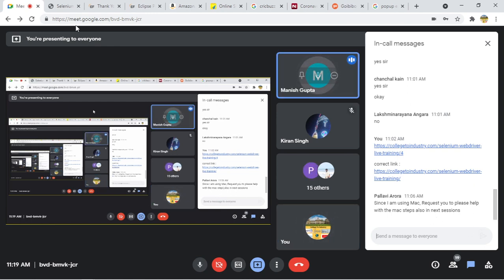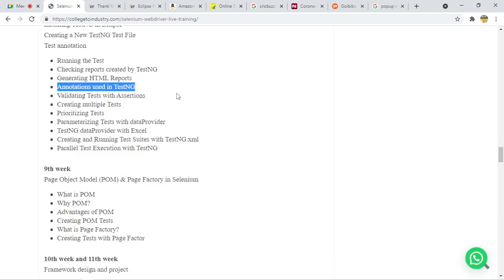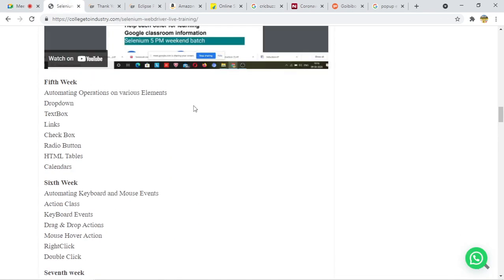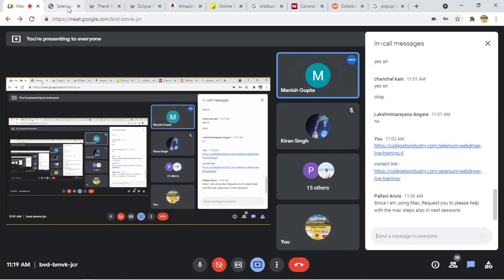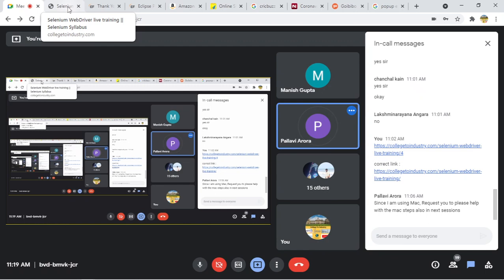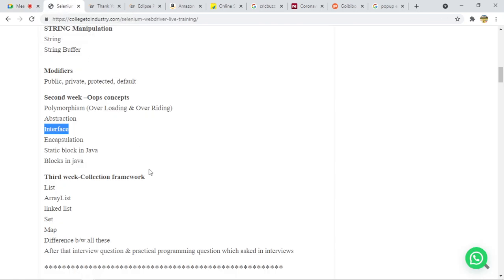Are we going to have knowledge of interface? See, in object-oriented programming, we will discuss interface here, right? Okay, interface is also covered. And will we include automation in the Safari browser as well? See, we are going to work with multiple browsers, like Chrome, Firefox, Edge, Safari. If you are able to do it on one browser, it is not very difficult, so we can do that also. Okay. Any more questions, guys?